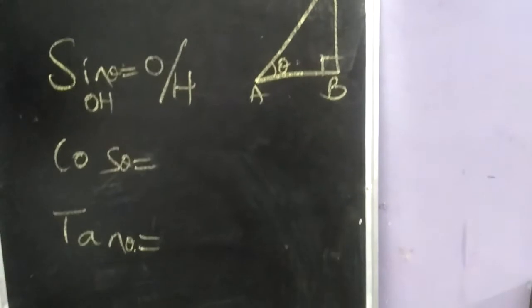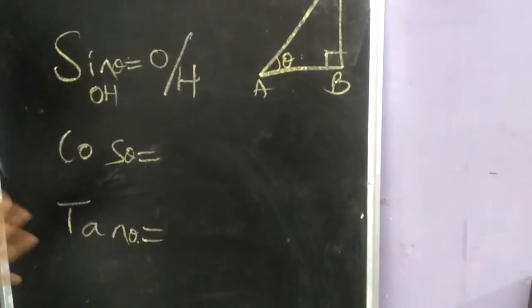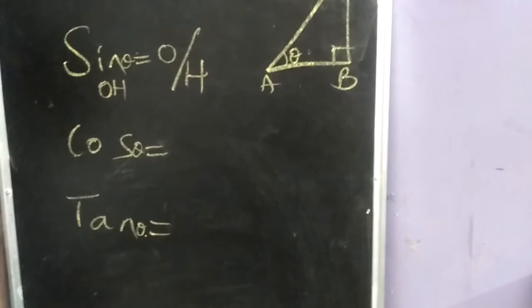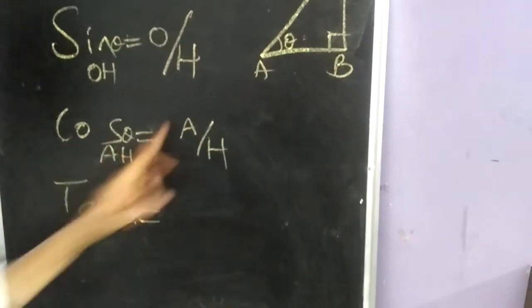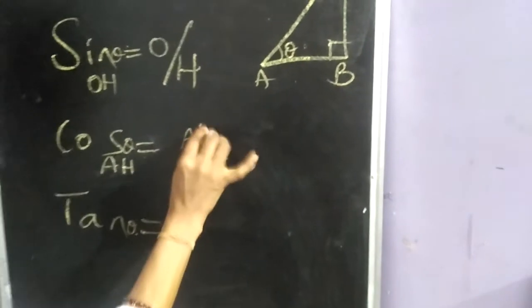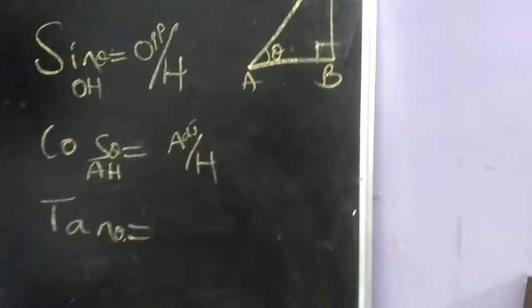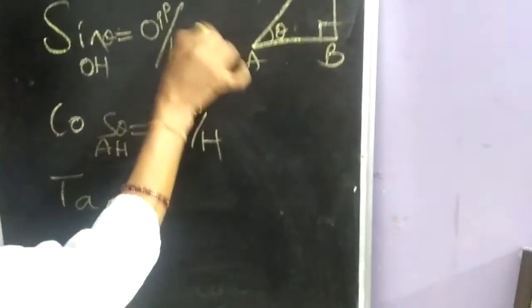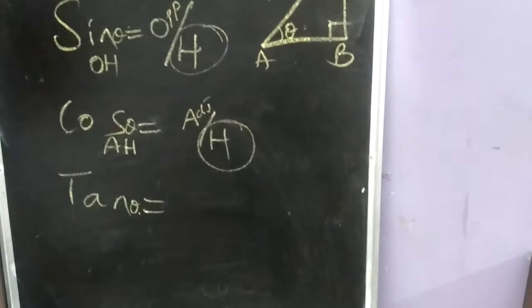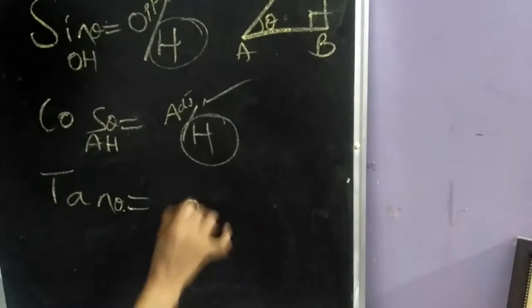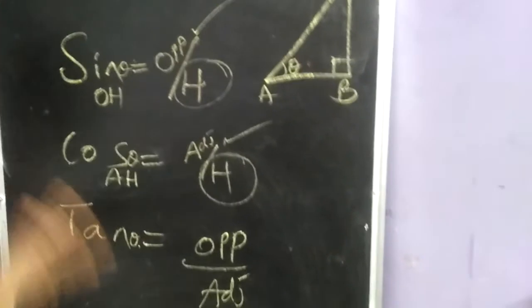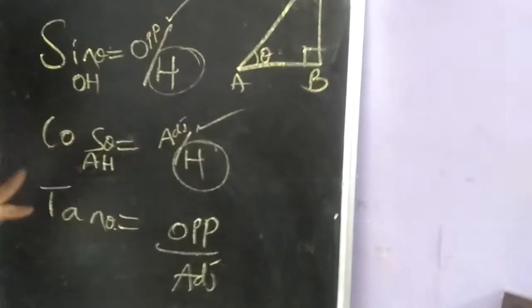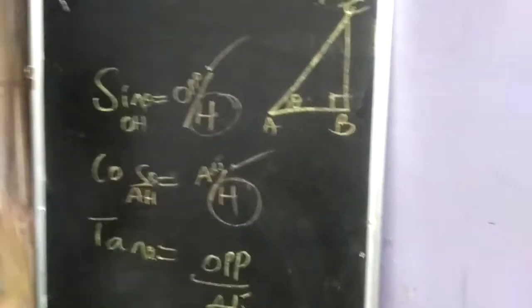What will be the second reaction? If your friend or somebody says something, first you will say, oh. Next, that is nothing but A by H, adjacent by hypotenuse. This is adjacent. This is opposite. Third, how can you remember is, take off this hypotenuse. Just take these two, opposite by adjacent. Okay, you can play with maths, children. If you just try to understand, you can play with maths. You can relate it with your daily life situations and then learn.